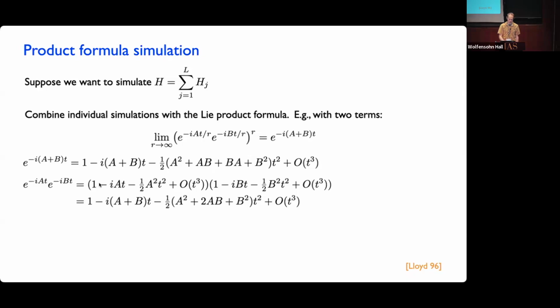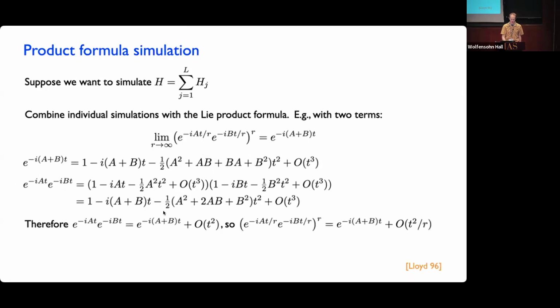Well, then what you find is that the first order terms actually agree. The first order terms are the same, and then there's something different in the second order terms, because in the real second order term you have a and b occurring in both orders, but of course in this expression you can only have a on the left of b. So you make a mistake at second order, but you have the right thing at first order. And so what that means is that these expressions are the same up to terms of order t squared.